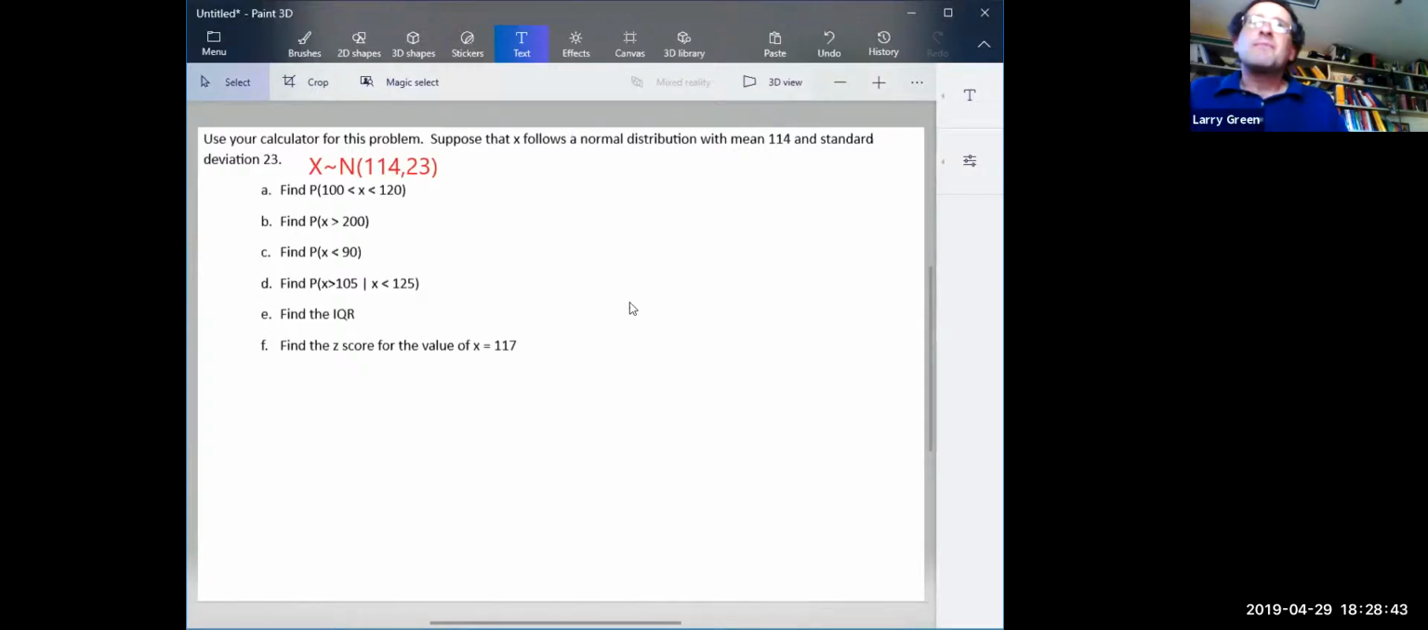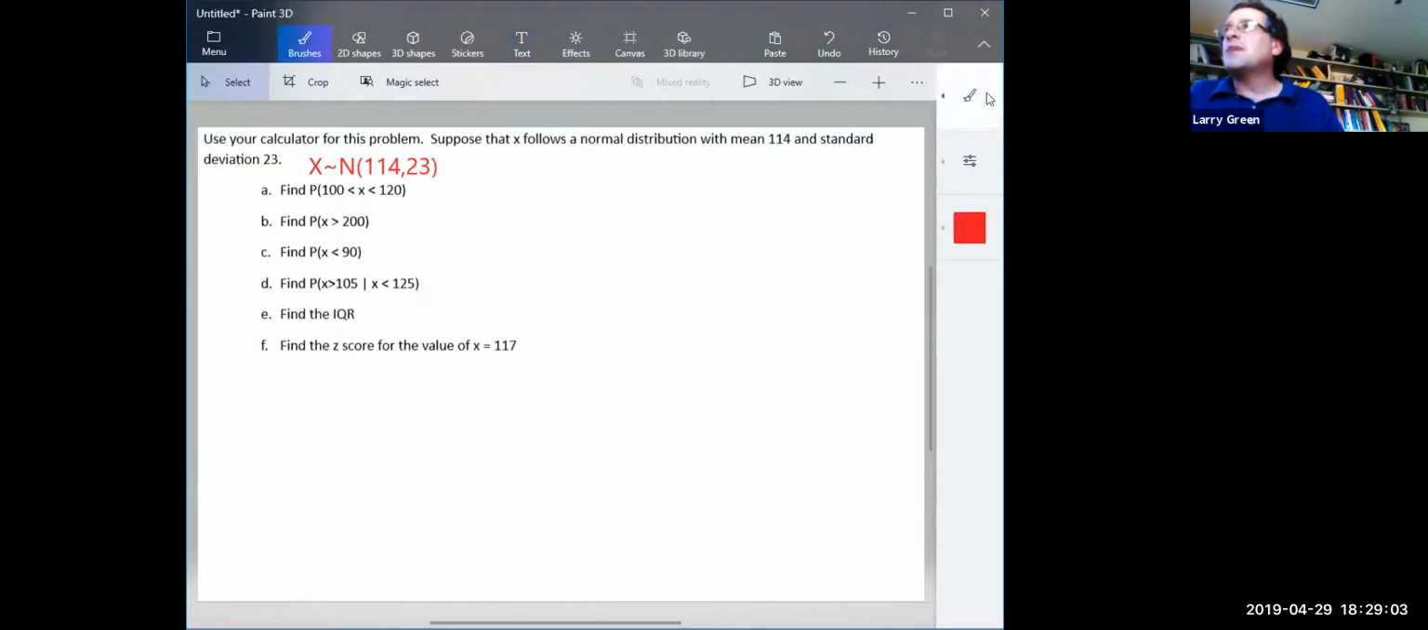Okay, so make sure, Crystal, you understand if it's not a standard normal, if it's a general normal, then we're talking X and we don't have a 0, 1, we have the mean and standard deviation, whatever those are. Okay, we want to find the probability that X is between 100 and 120. So what I'm going to do